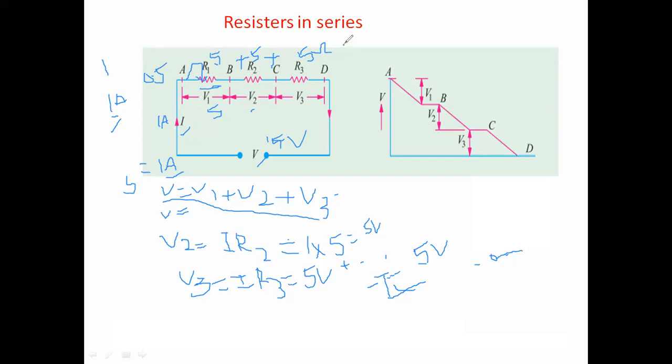I have to increase the resistance to 30 ohms. Then what happens? We have increased the resistance, and due to that the current will decrease. Now, due to the 15 ohms resistance, we have a current of 1 ampere. Now I want a current of 0.5. It means I am making 1 ampere to half of this, so that is 0.5 amperes.